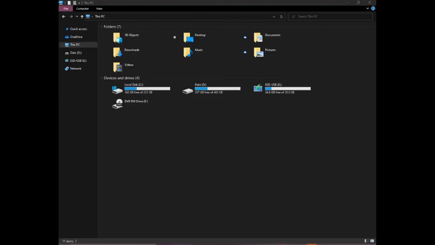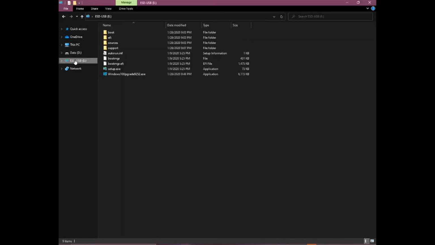So that's all. I'm going to show you guys now how to use the Windows Update Assistant tool that is installed on your flash drive. Alright, so once Windows is installed, you need to go to File Explorer. Once you're in File Explorer, you should be able to go to your flash drive. Then you should see your Windows 10 Upgrade Assistant. Run it, select Yes,